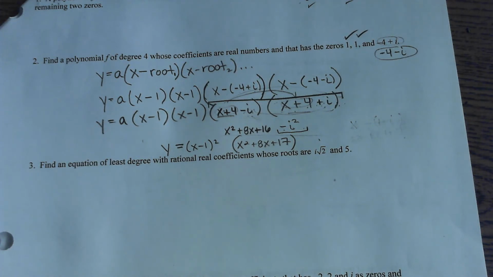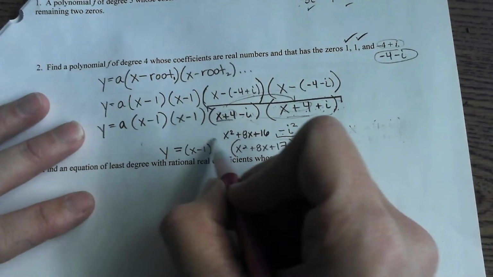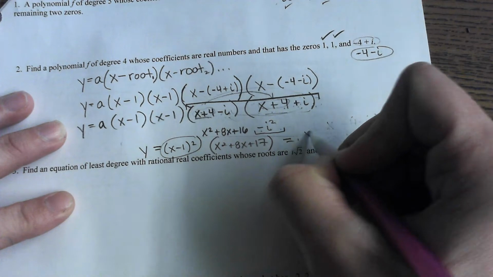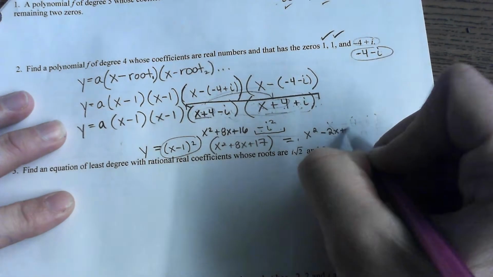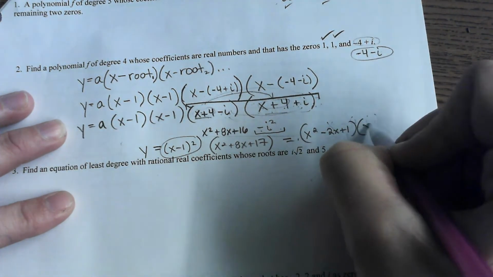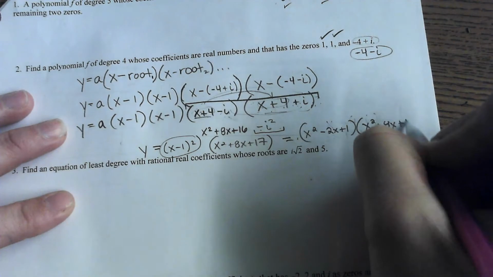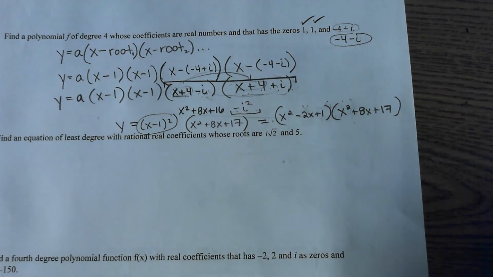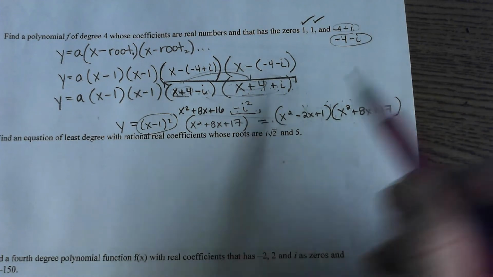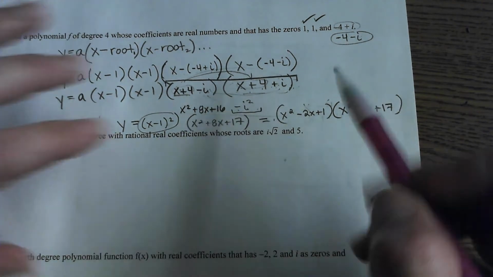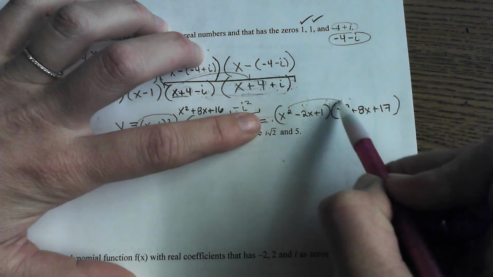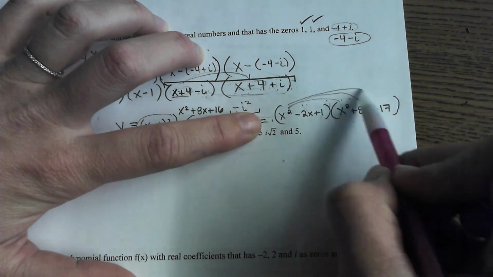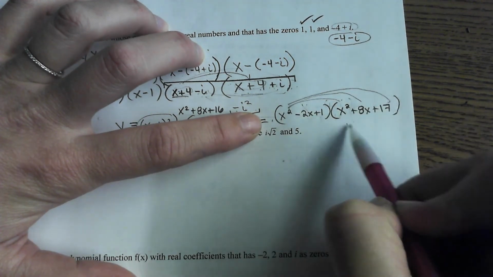So, and this was the same in Algebra 2, you just have to go through the annoying step of actually squaring that out, which will be x squared minus 2x plus 1. And this is just a lot of complex Algebra 1, really, just distributing. So I made that a polynomial, and then the last step would be doing the trinomial times the trinomial, which I'm going to skip just for the sake of